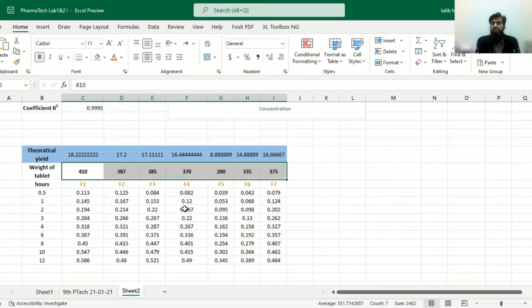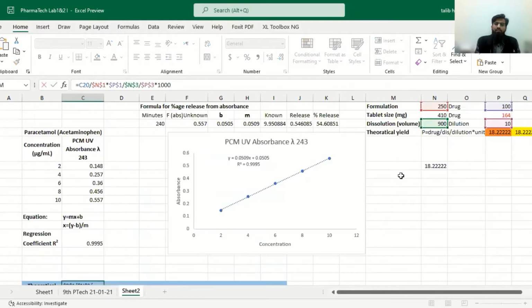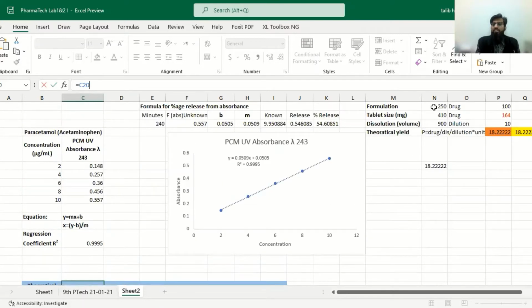So these are the weights of the tablets which are used for dissolution analysis. So we have to calculate the theoretical yield for each formulation. The same formula will be applied to calculate theoretical yield. Just to revise over here, what we required is the weight of the tablet. For example, it is 410. Then this one, the weight which is prepared for dissolution, and the weight which was actually designed to be prepared, divided by the weight which is designed to be prepared, multiplied by